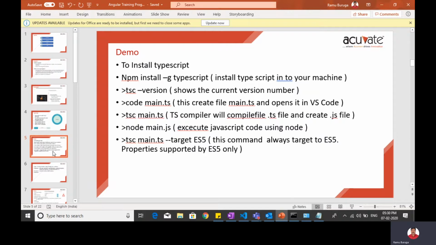Normally, to learn TypeScript, any TypeScript code which we write, how can we test it? Let's say I have written console.log and typed something in it. How can I test that? Normally in JavaScript, how do you test that? In the browser, you go to the console tab. There you will see whatever log we have made, right?